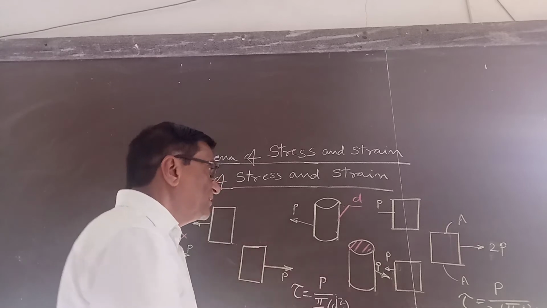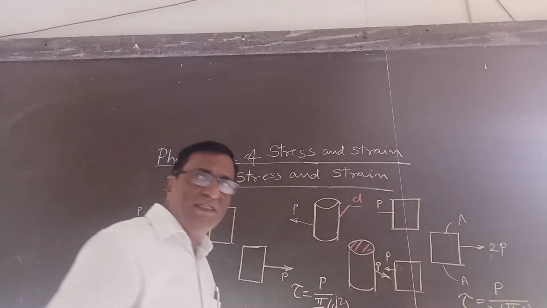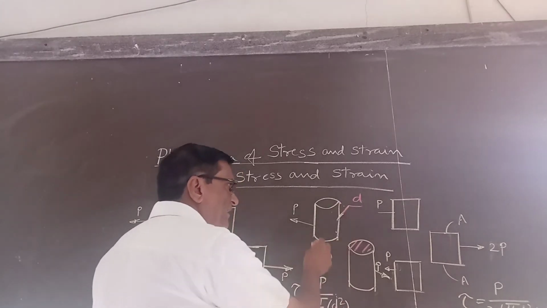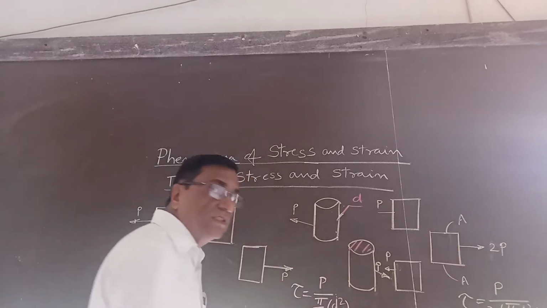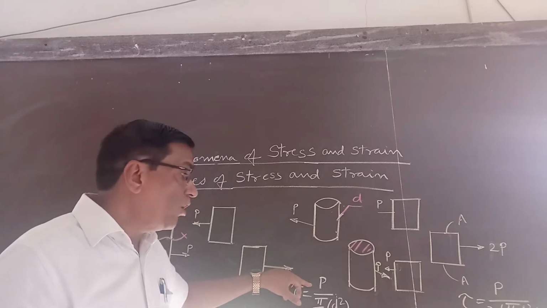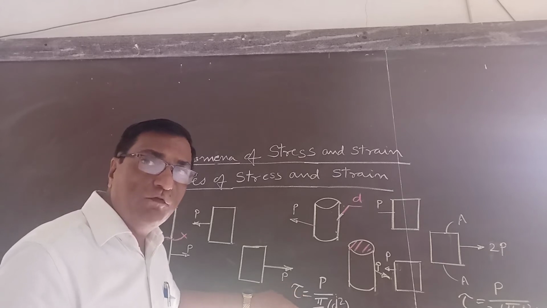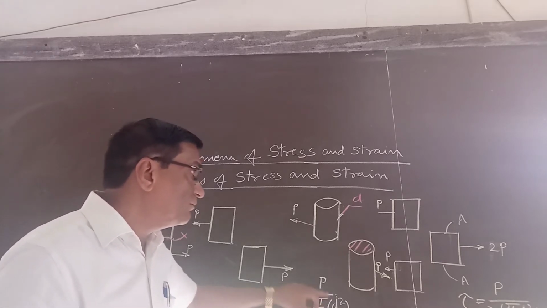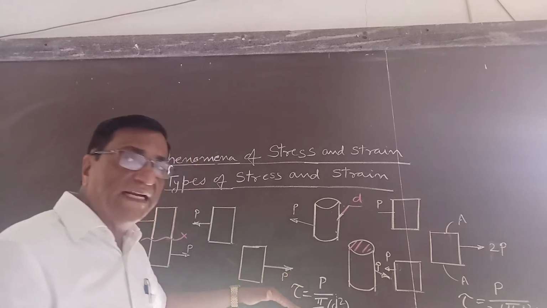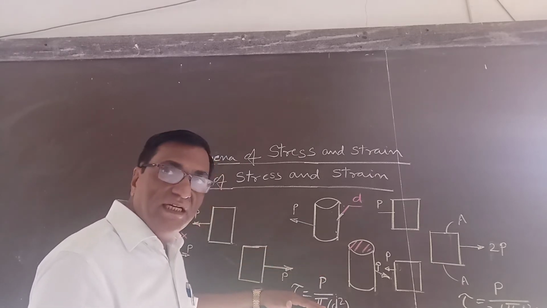In this case, the single section is obtained. Suppose D is the diameter of the rod, and it is sheared off due to this force. In that case, the shear stress is the ratio of the shear force upon the resisting or shear area. That is pi by 4 d square is the shear area. So direct shear stress is the ratio of shear load upon shear area.